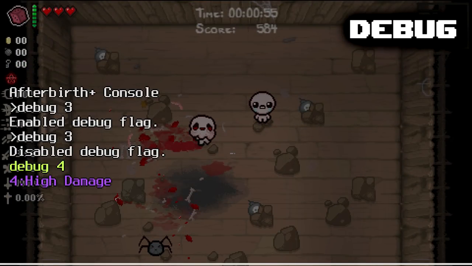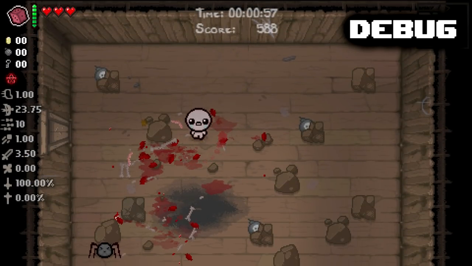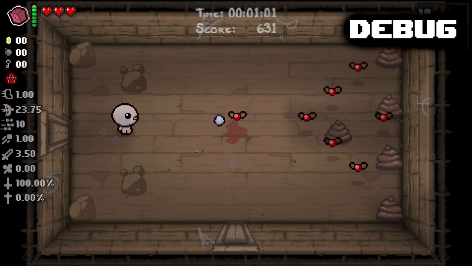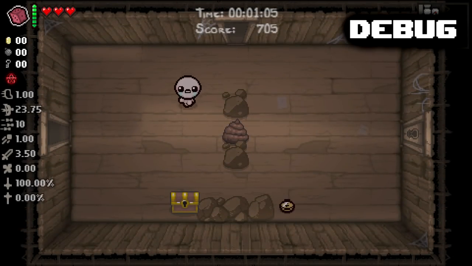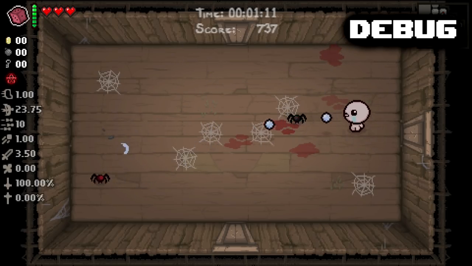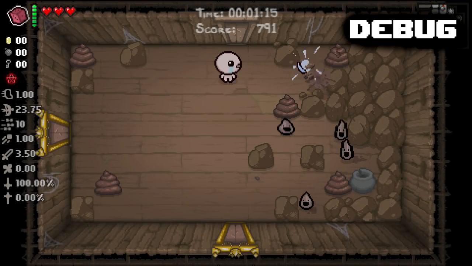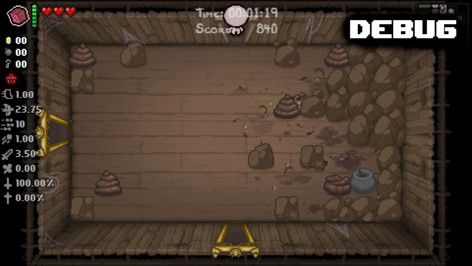Let's turn on debug 4. So what does debug 4 do? It's going to add 40 damage to our tears, but it's not going to really show that we added 40 damage to our tears. So we're going to be able to one-shot a lot of enemies in the game, even though it looks like we only have still our 3.5 damage, and our tears look like they're, you know, super crappy and horrible. We're deceptively the most powerful human being in the game, which is pretty damn awesome,